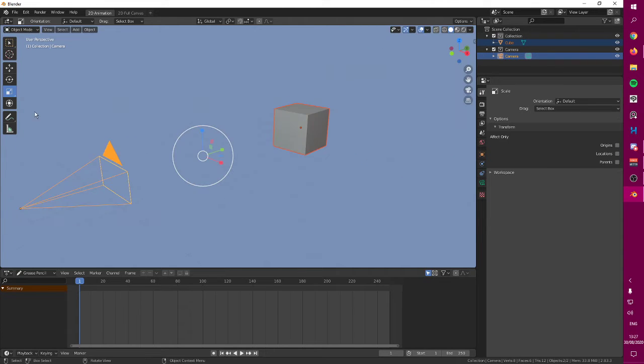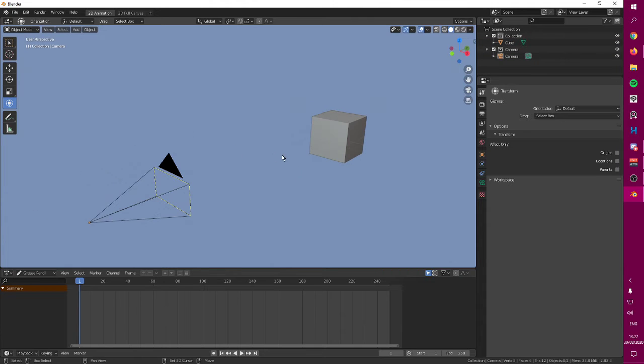like this, and transform. Transform is like a mixture of everything I just said. It's both moving things around, scaling, and rotating. About those tools, before I go into more details,